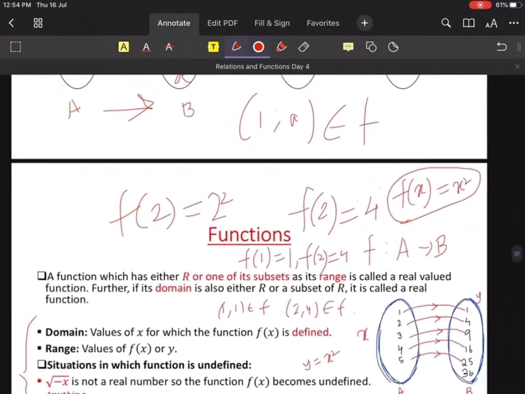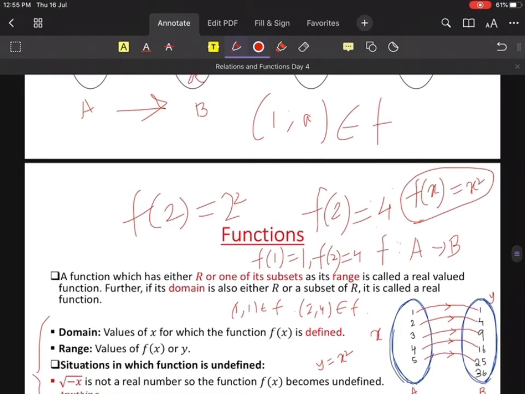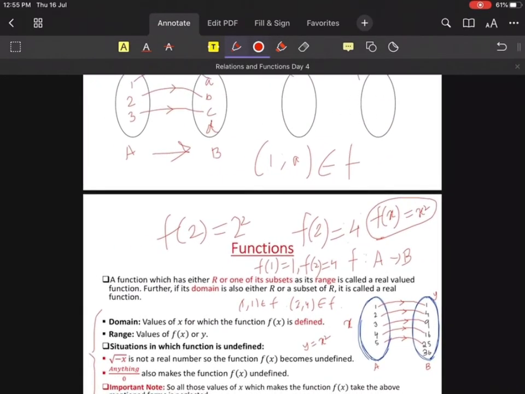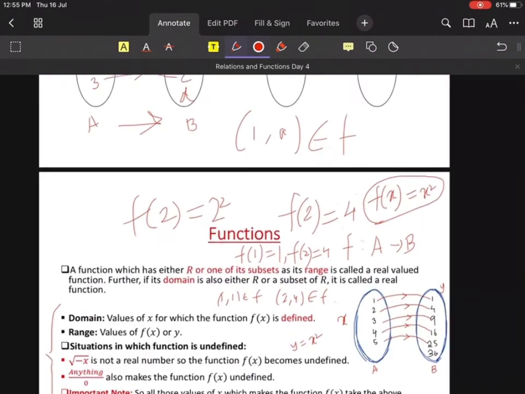So this concept is very, very important. That's why if you don't understand, go through that video which I will post on that YouTube channel. Am I clear? Understood? Yes, sir.